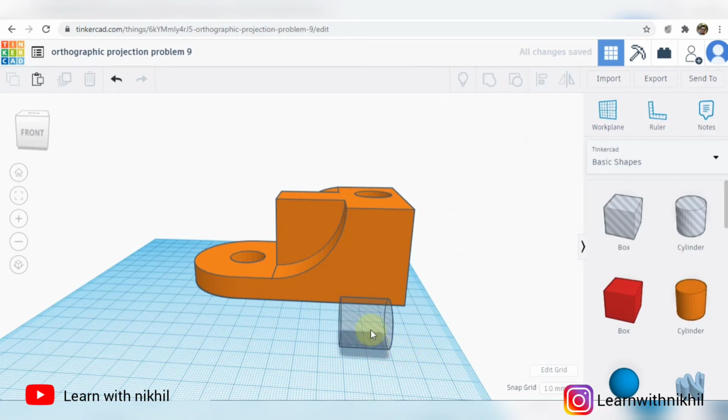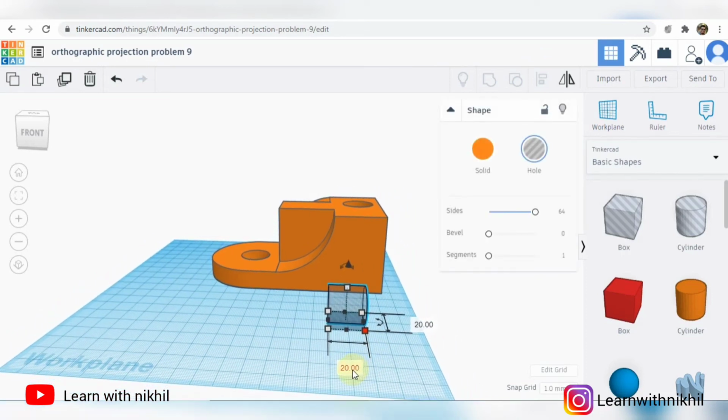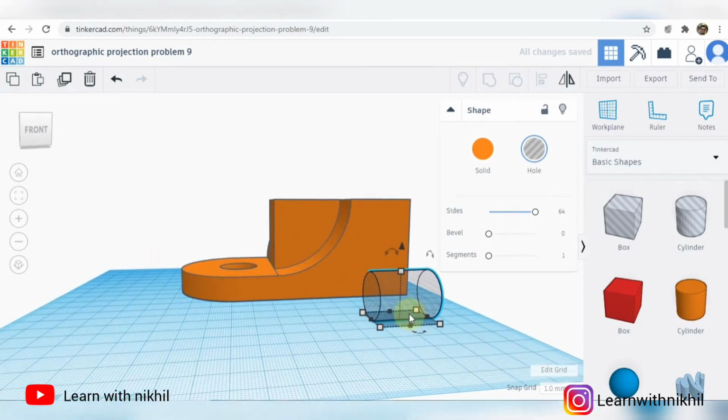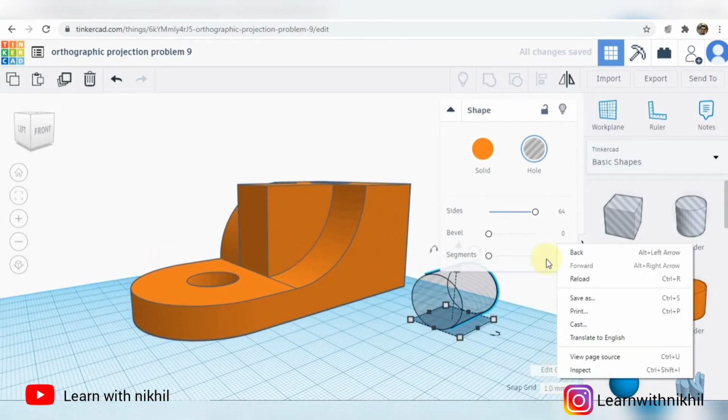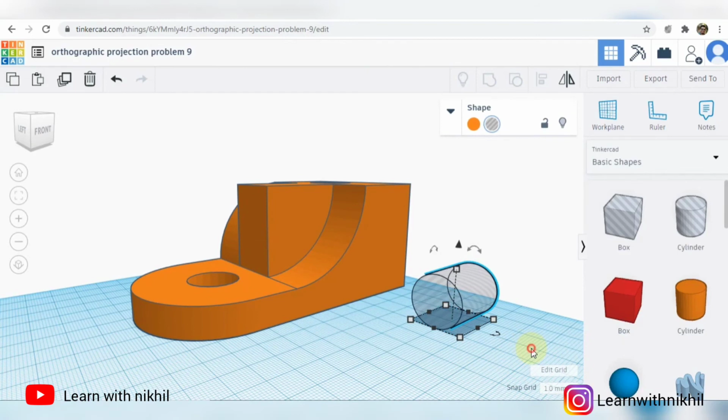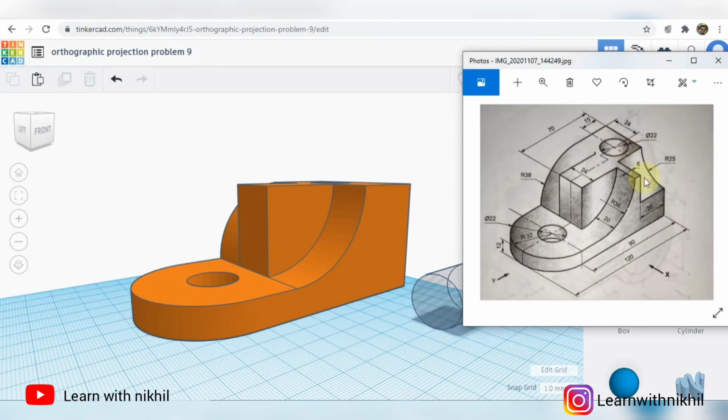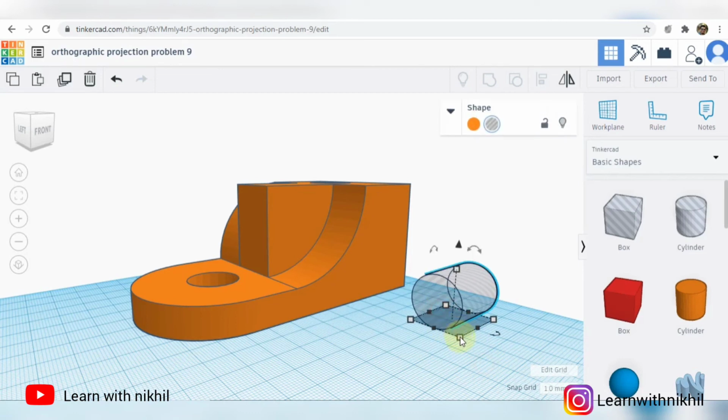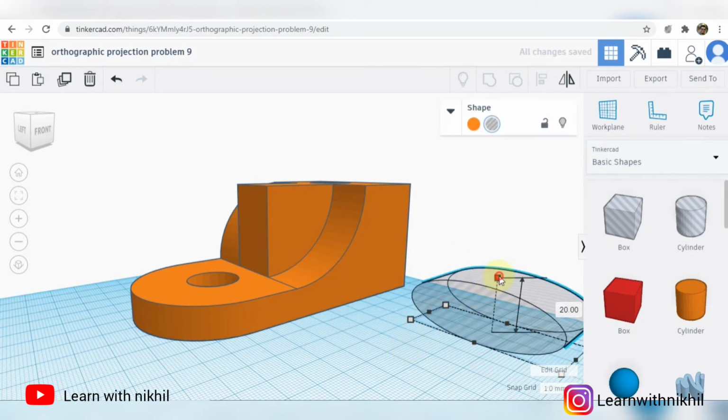Next we'll place it. First we'll change its dimension. The width is 26. And the radius of the curvature is 25, so we are selecting the diameter as 50.